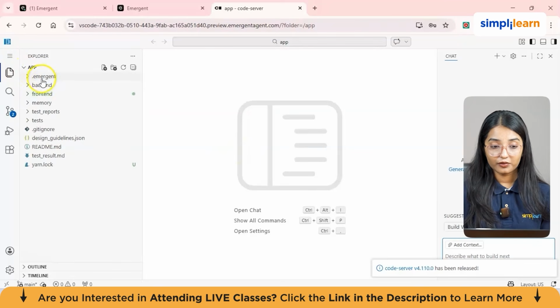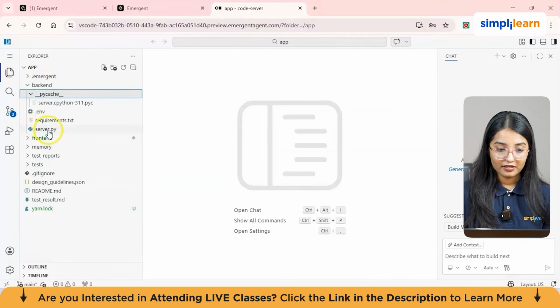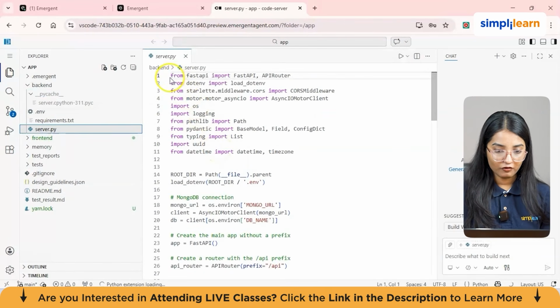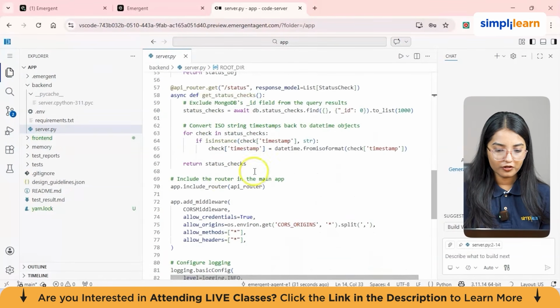So from here, you can see the browser working for the VS Code, and you can actually look at the code from here, right? The back end, the front end part, what is it actually making? Let me just check for the server.py. All right. So you can see from FastAPI it has imported from .a, and we can actually refine any code prompt from here if you want to.